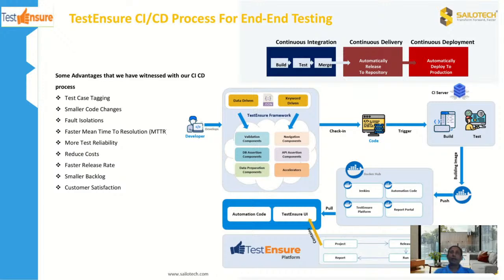Then that is picked up, and the smoke suite is executed. When the smoke suite is successful, the notifications are sent, and it's moved up to the upper environment, from dev to QA1 or QA2 and UAT, and so on. And then based on the tagging that you have selected in TestEnsure for that release,